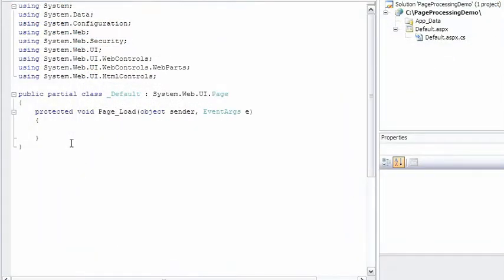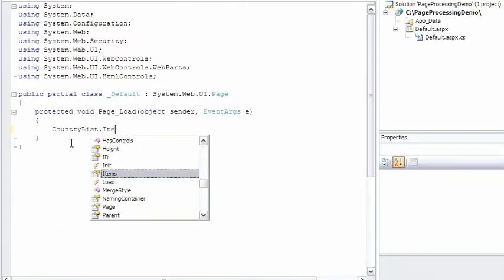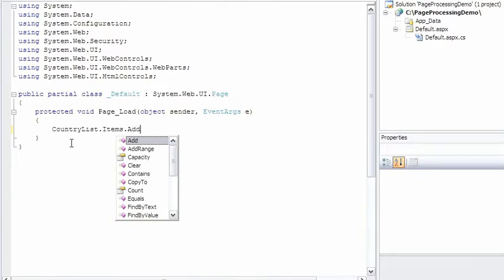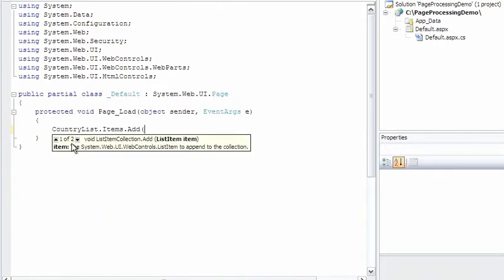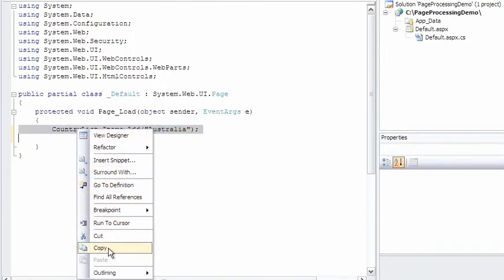Okay, so for example, I can write code like this. CountryList.Items.Add, and I can add an item to the list box programmatically. So let's add Australia, like so. Okay, and I'm just going to copy that line of text to the clipboard, and I'm just going